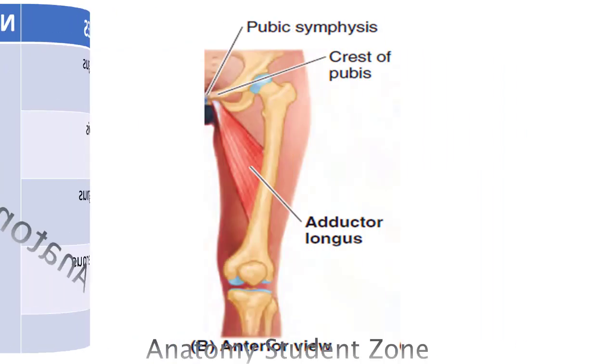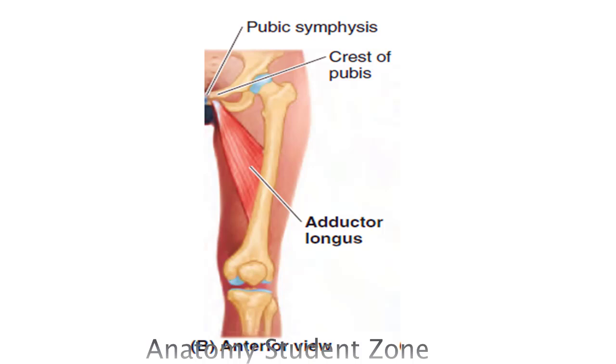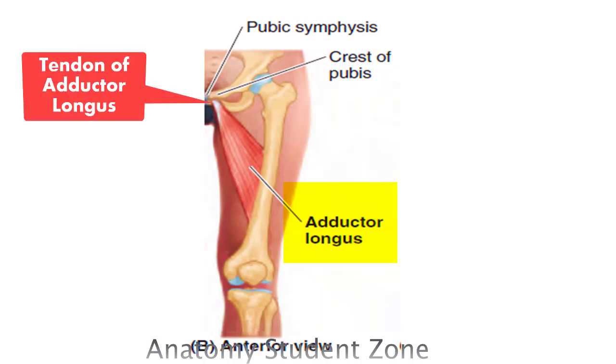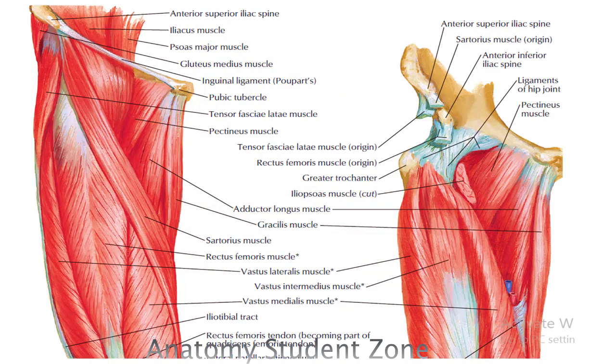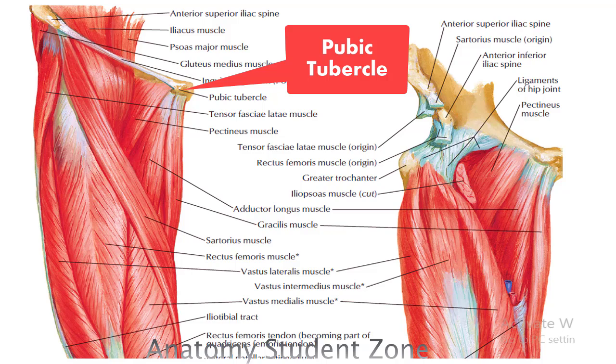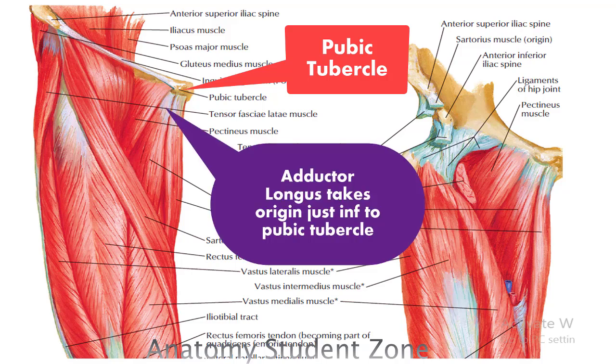So the first muscle is adductor longus muscle. This is a large fan-shaped muscle, the most anteriorly placed muscle, visible on a superficial dissection, and you know all these points. This is a triangular shaped muscle. It arises by means of a strong tendon, and this strong tendon takes origin from the anterior aspect of the body of pubis bone just inferior to the pubic tubercle. Here you can see this is the pubic tubercle, and just inferior to the pubic tubercle, the muscle that is taking origin, this is adductor longus muscle.